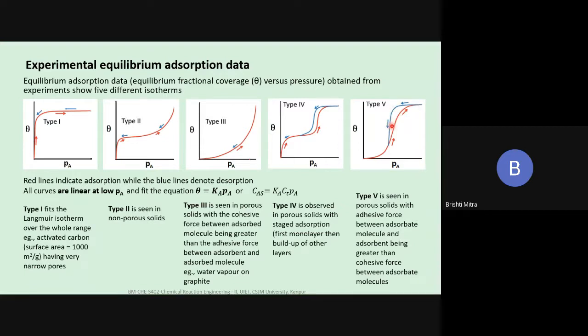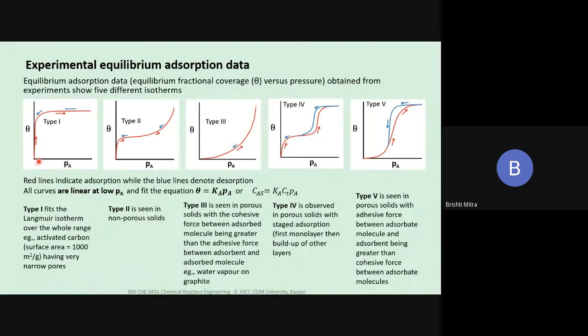So we take different kinds of surfaces and you adsorb different kinds of gases. And you find out what is the theta versus partial pressure for that particular combination. And once you plot it, you will see that there are different possibilities that come up, which essentially tells us that all of these adsorption processes are not happening because of the same kind of mechanism.